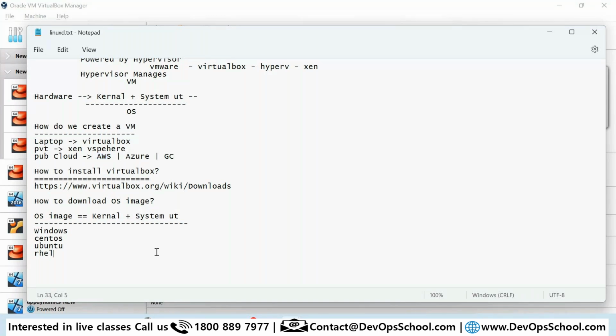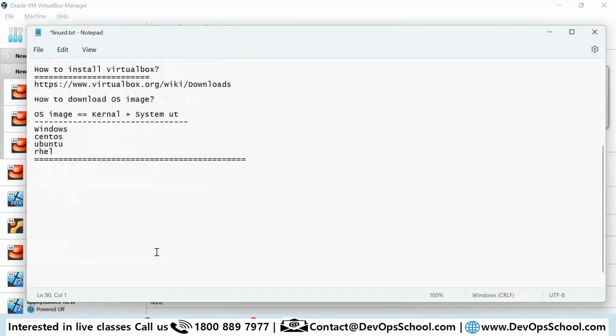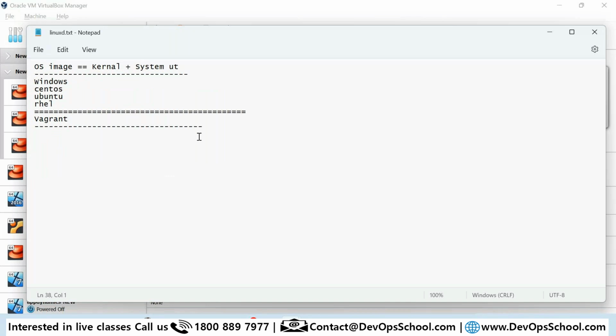Okay. So now this is something which we have understood. Now, next tool which I am going to teach you, which is Vagrant. Then you'll say, Rajesh, what is Vagrant you're talking about? See guys, what I did through the manual way. I created a VM through manual way. That means, understand this here. I created a VM, okay, manually,